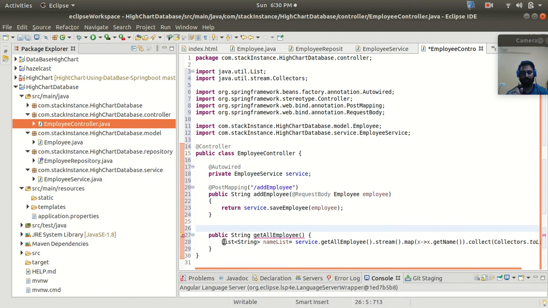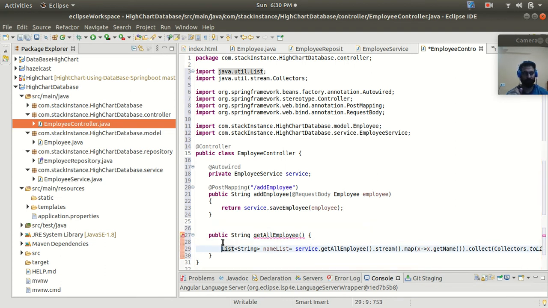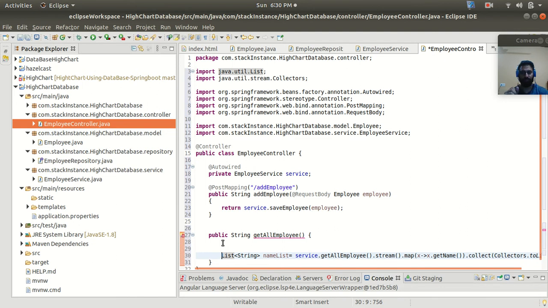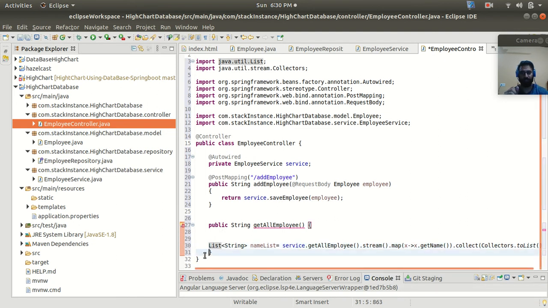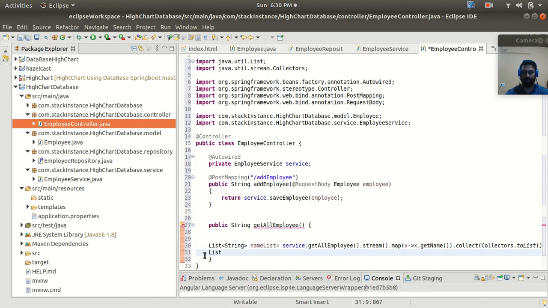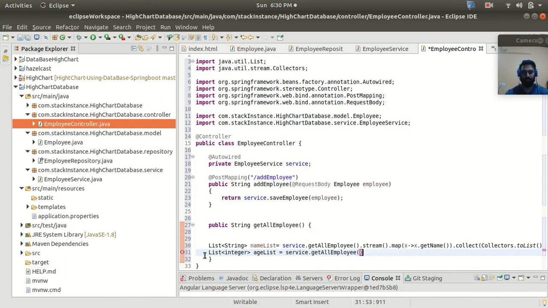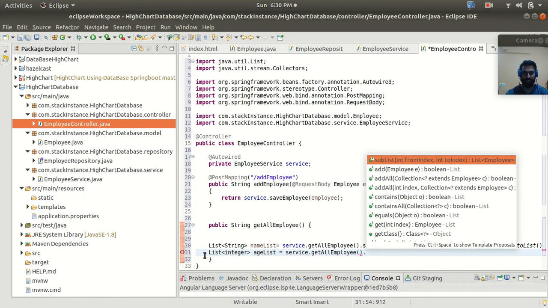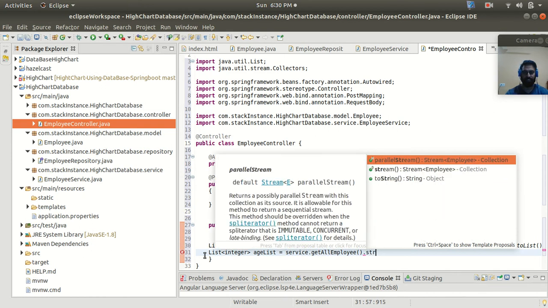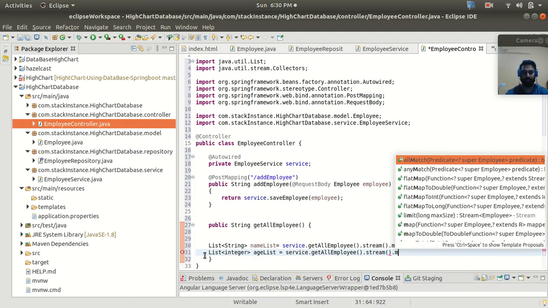Now, in the same way, I'm going to take the list for the age also. So let's add the list, this is of integer type, ageList. Let's call the service dot getAllEmployee. It is going to give us the list of the employees, and here I am using the stream API to stream the data, map.